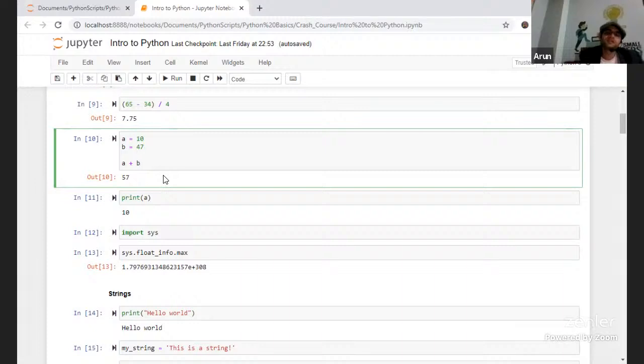Suppose you're trying to print A directly over here without even initializing these values. If you remember, I was trying to say something about dynamic assignment in Python. This is what it means: you can dynamically assign a variable with a corresponding value and let the variable infer what is the data type of the corresponding value. This is only possible in a language like Python, because in most of the other languages you have to mention what type of data the variable is going to hold. Having said that, there are advantages as well as disadvantages.